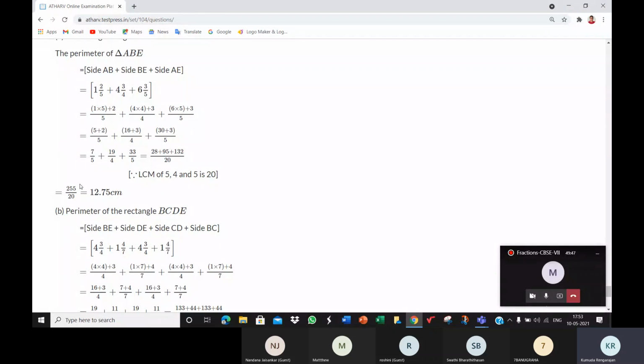Because both of them are in the tables of 5. The numerator 255, divide by 5. You can do the division. 255 divided by 5, you will get 51 as the answer. What is 20 divided by 5? You must divide the numerator and the denominator by the same number. You cannot divide the numerator by 5 and the denominator by 2.